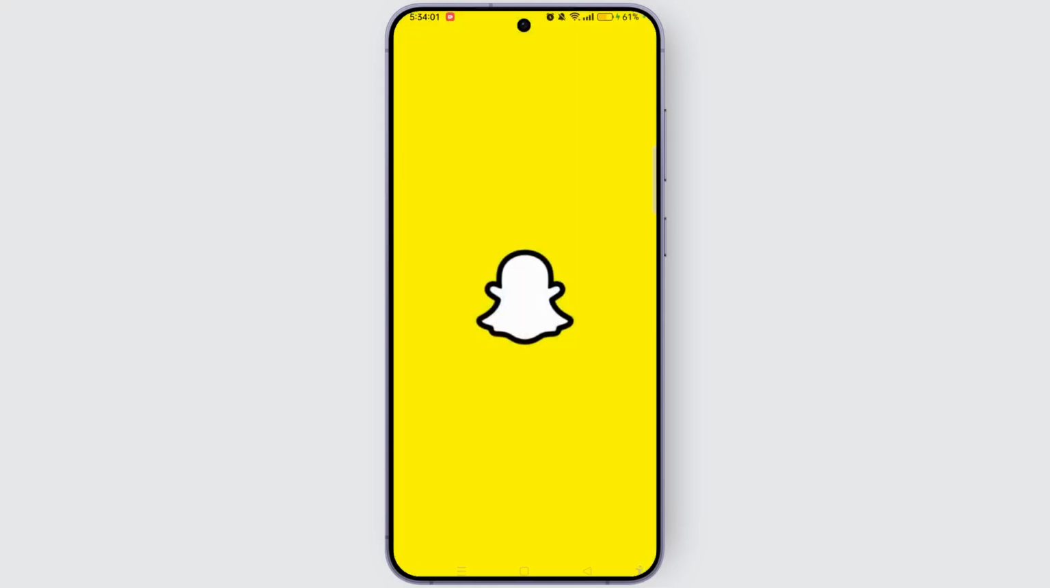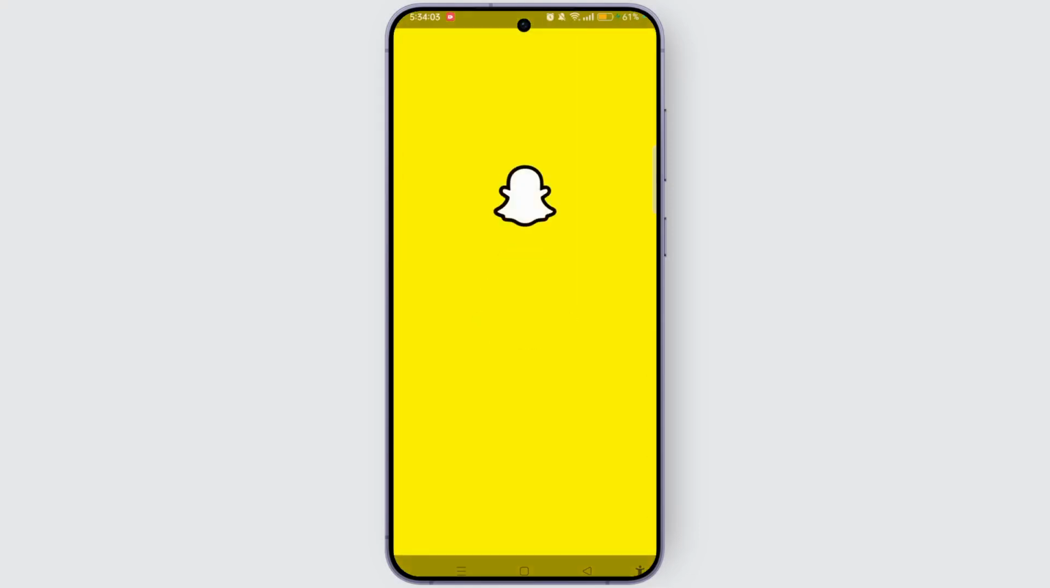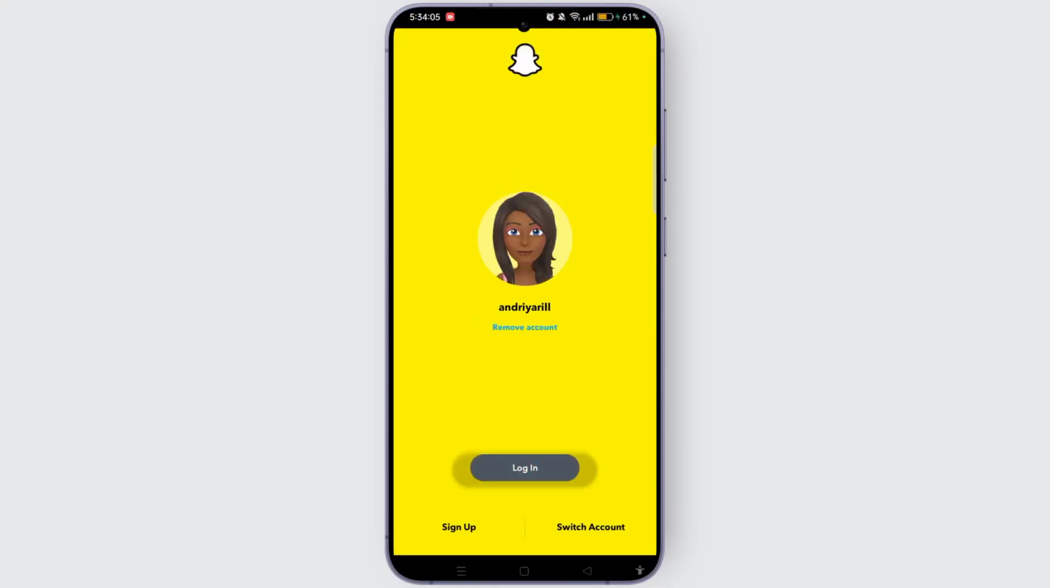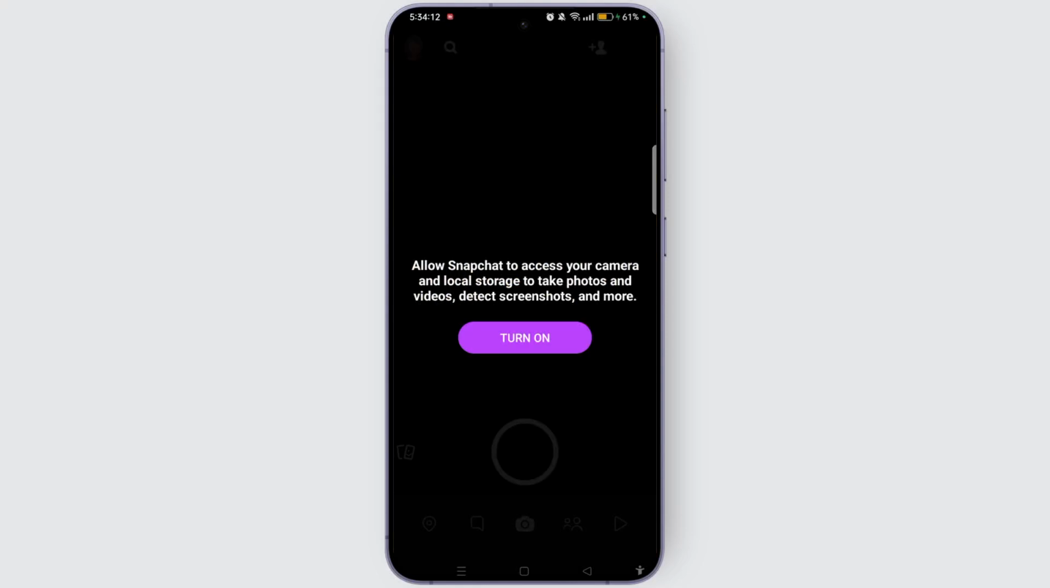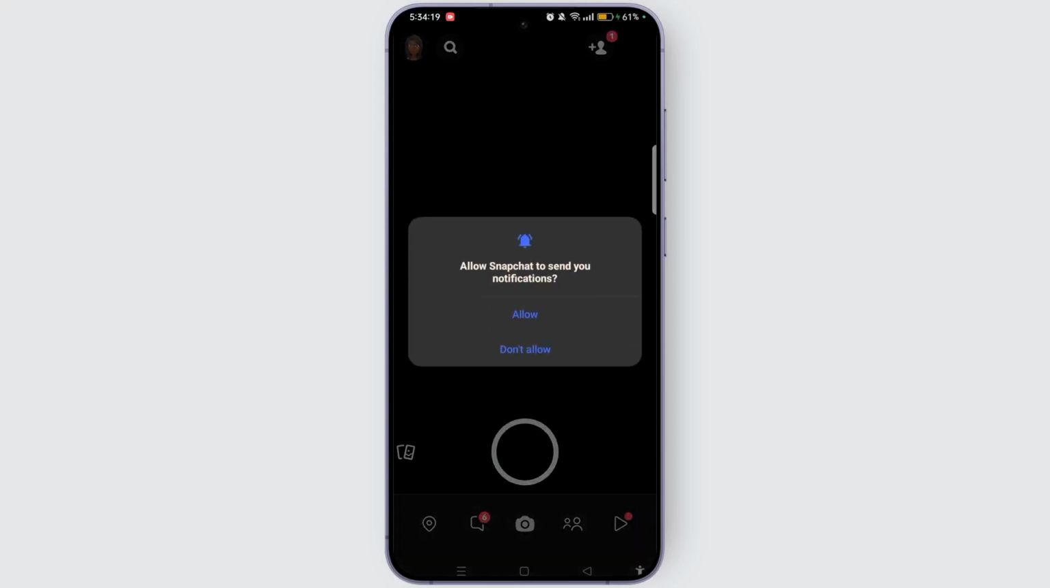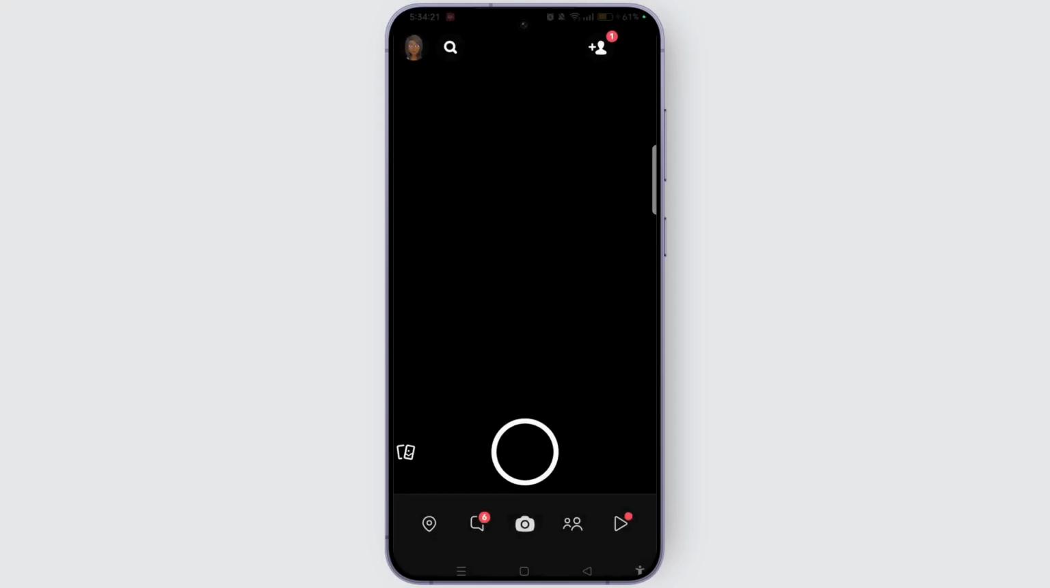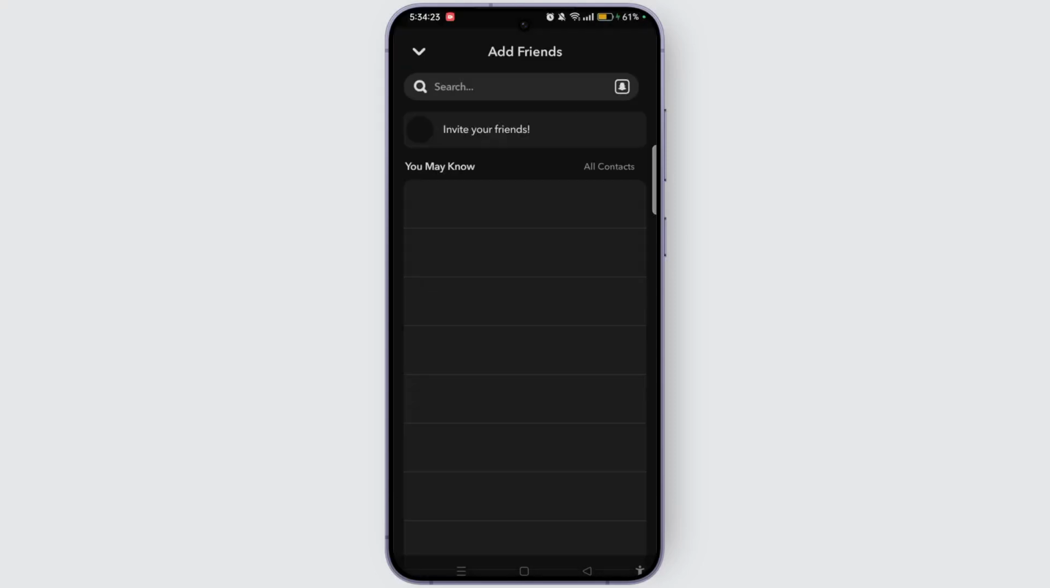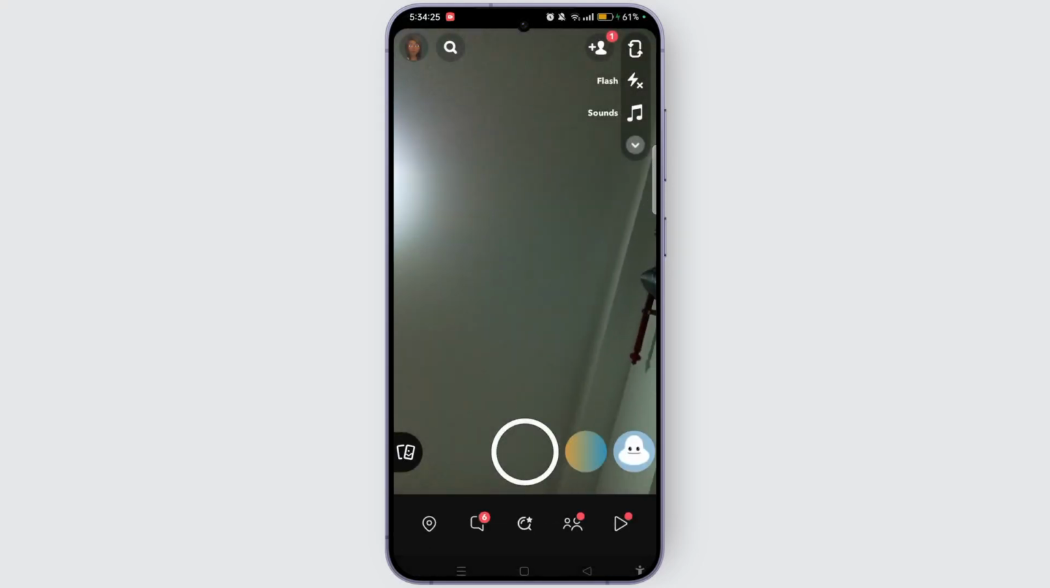Launch the Snapchat app on your device. First, make sure that you log into your account. Now tap Turn On to allow Snapchat to access your camera, and tap the Allow button again. Once you have allowed all the permissions for this application, you will land on the camera section, where you